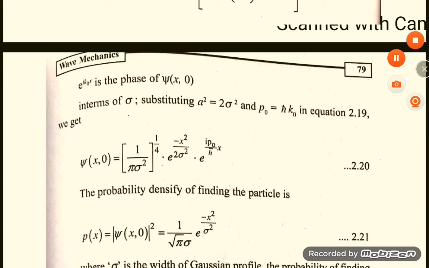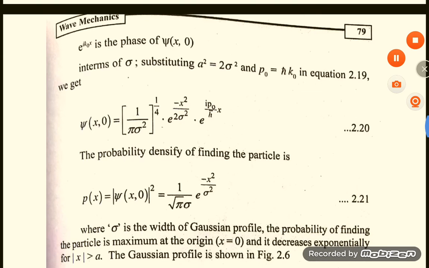So with this wave function psi of x,0, we already discussed that within the region delta x and with the amplitude within that region the particle should be there. So what is the probability? Where can we find the particle within the wave packet? That is the probability function. The probability density is denoted with P(x). So P(x) is equal to mod psi of x,0 squared.